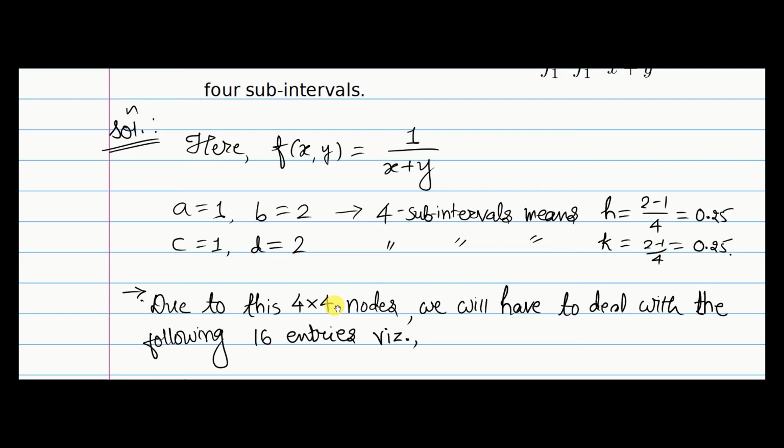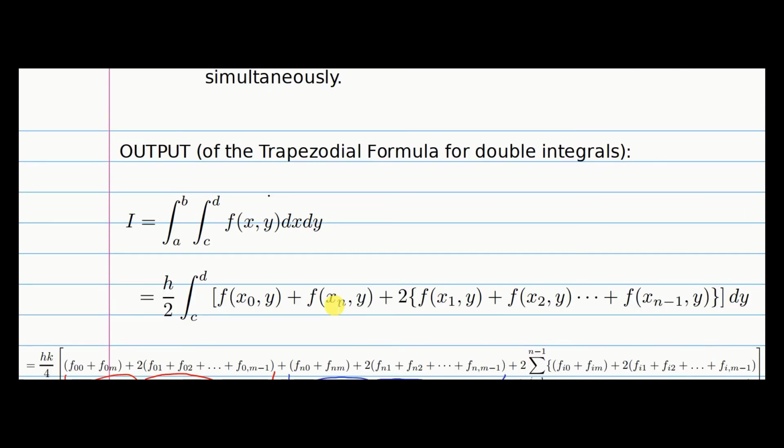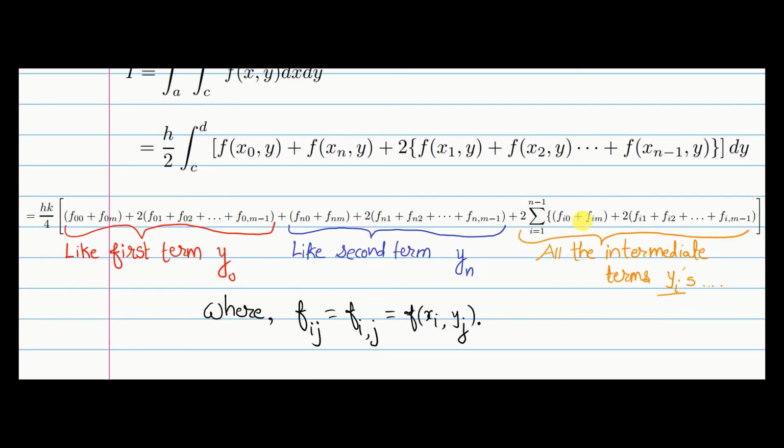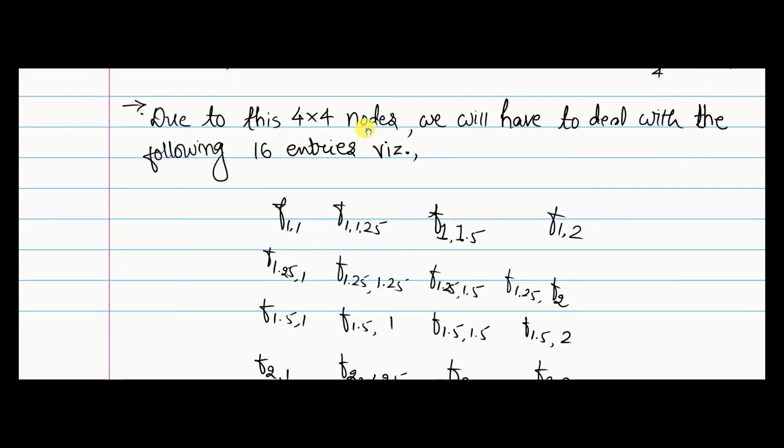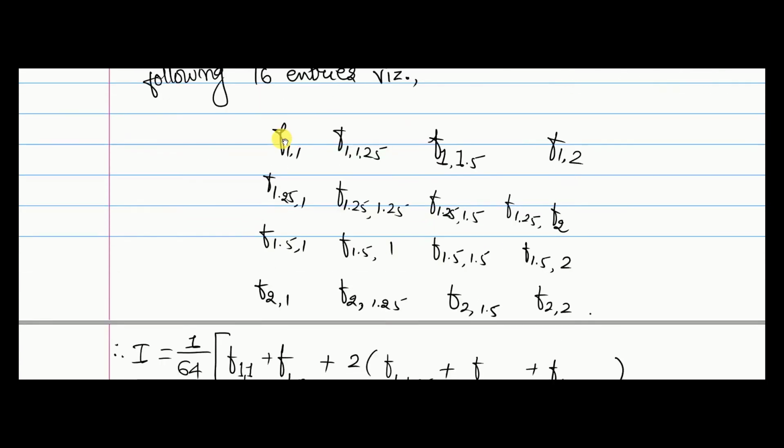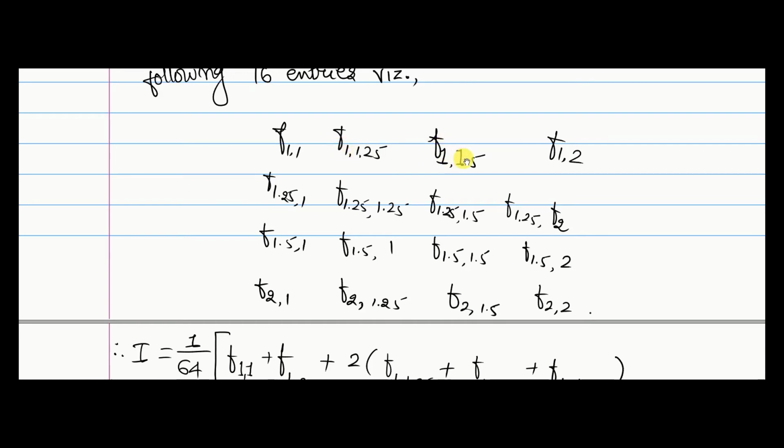Total 16 nodes are there. And if you have found any difficulty in order to understand this formula, then it will be easy on the basis of this example. So we have to consider 4 cross 4 nodes, and these are the values. F(1,1), you can see here, keep 1 fixed. So you will have another entry, 1, then 1.25, the increment of 0.25 here, that is the step size h. So f(1, 1.25), f(1, 1.5), again an increment of 0.25 here, it will lead to 1.5, and then